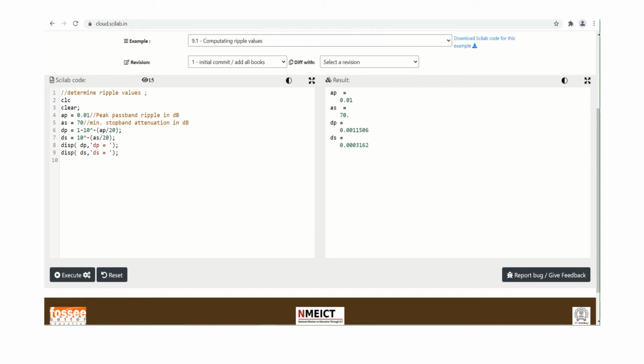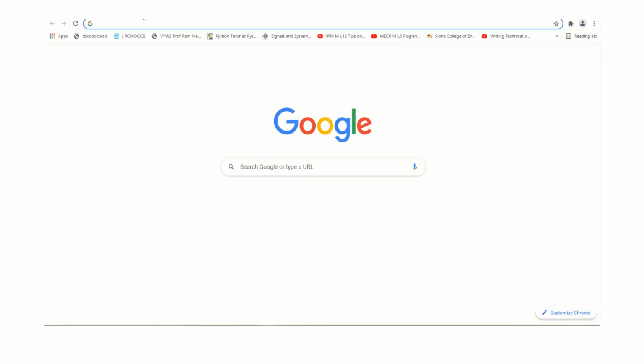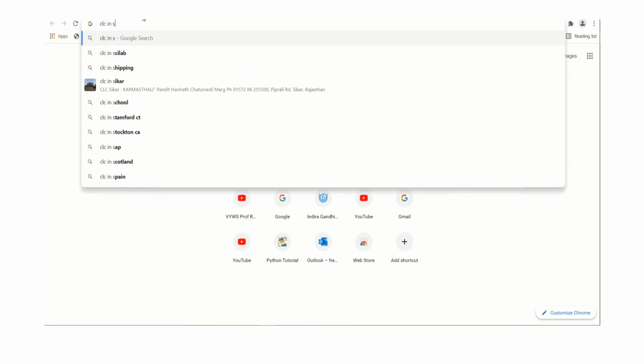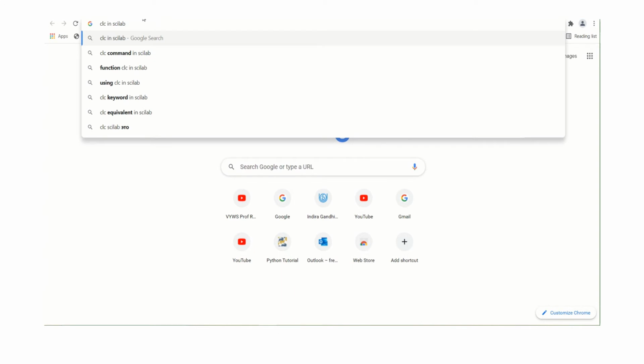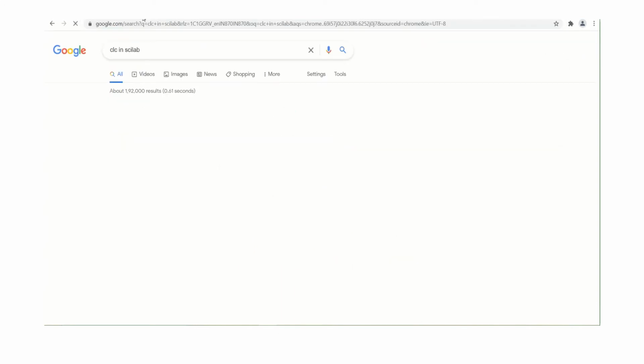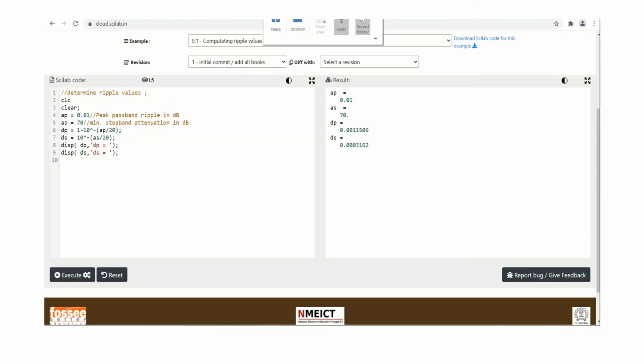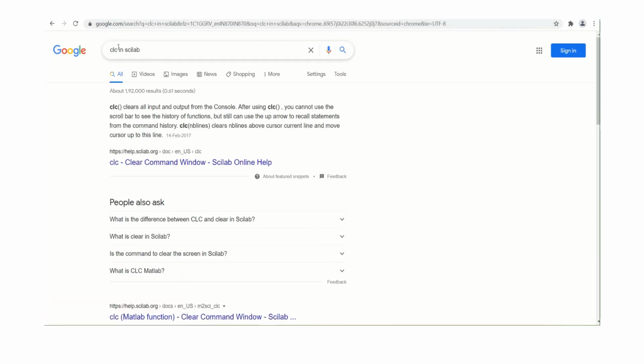CLC is used to clear the screen. CLC command you can search in Scilab. So for what purpose? CLC clears all input and output from the console. See here. And the next command, that clear command,